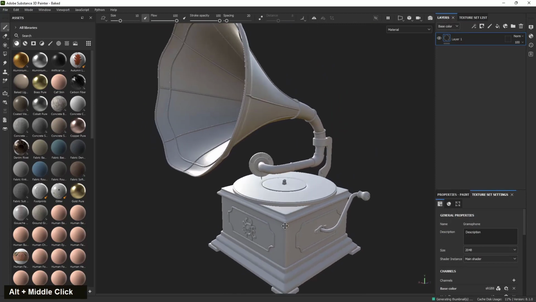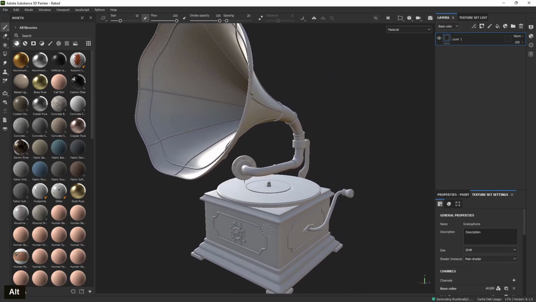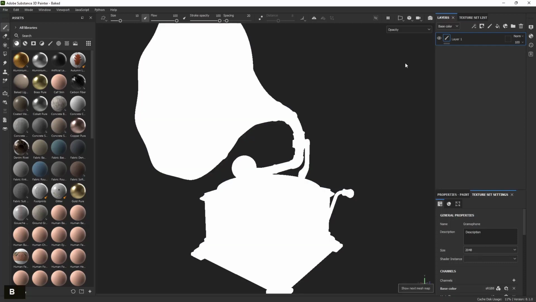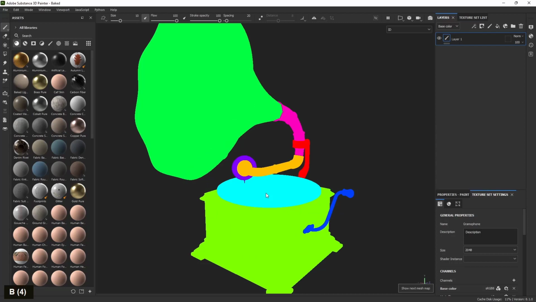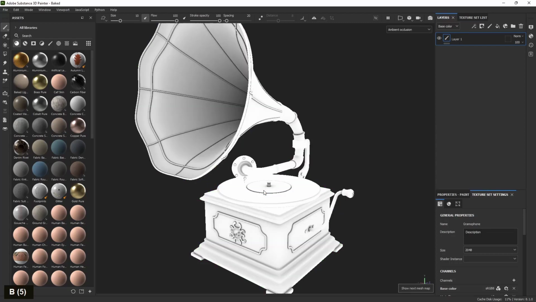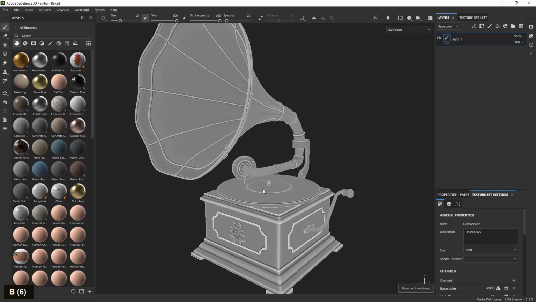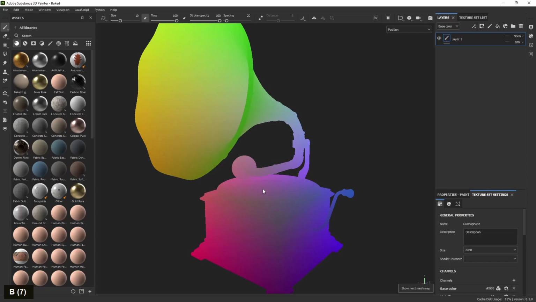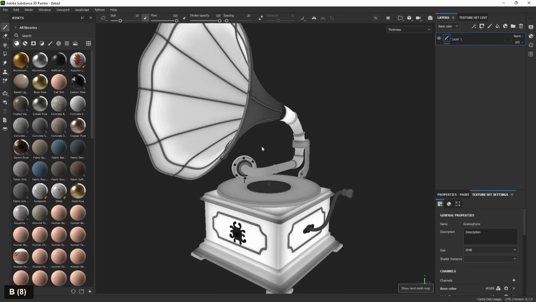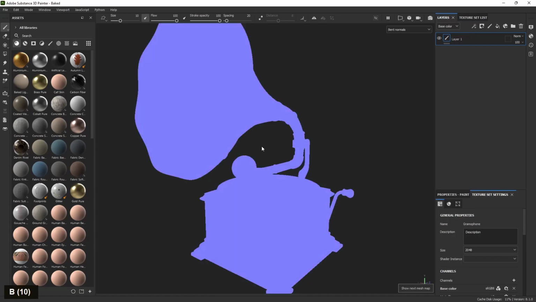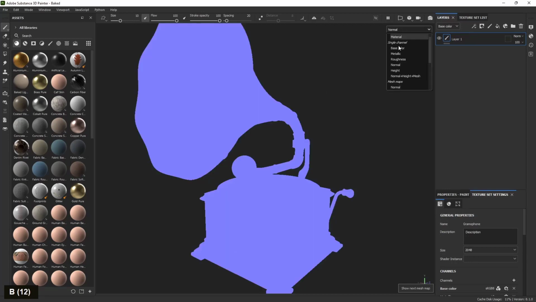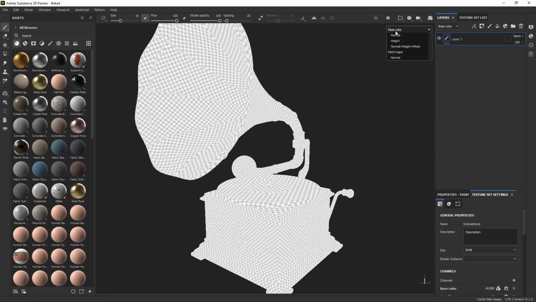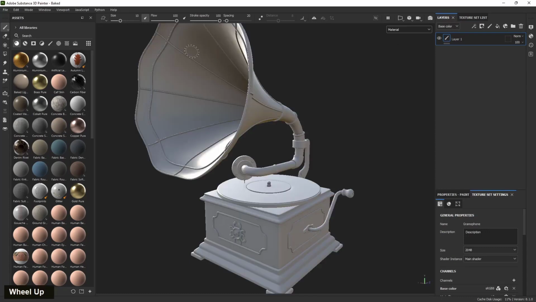If you wanted to check this out, you only need to hit the B key and cycle through baked mesh maps: ID, ambient occlusion, curvature, position, world space normal, thickness, height, normal, opacity, and all the good stuff. All right, let's go to the